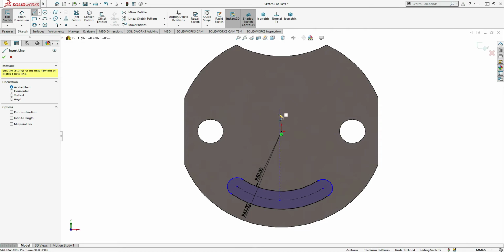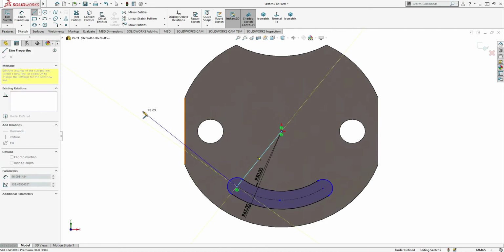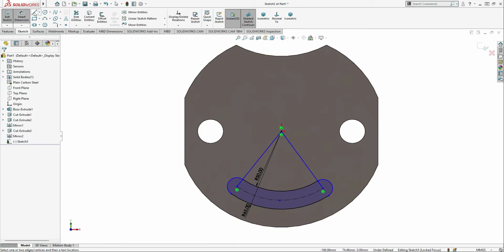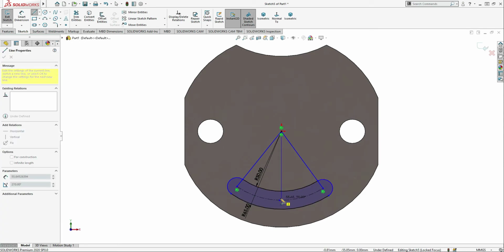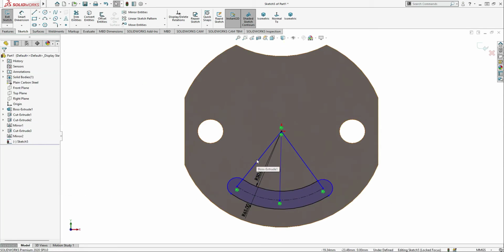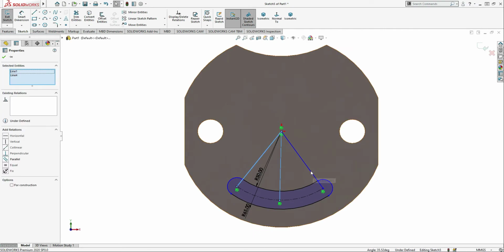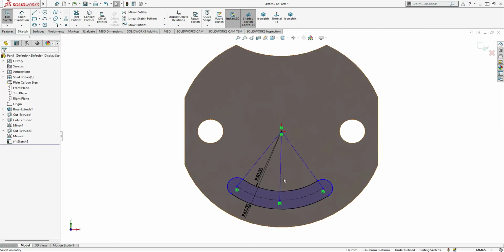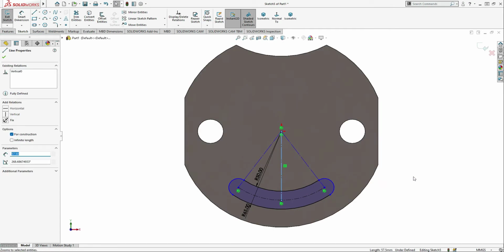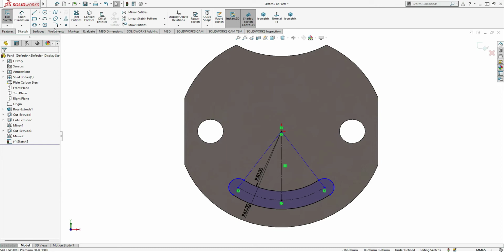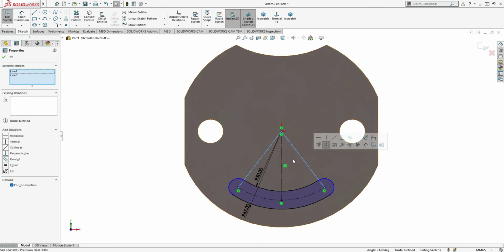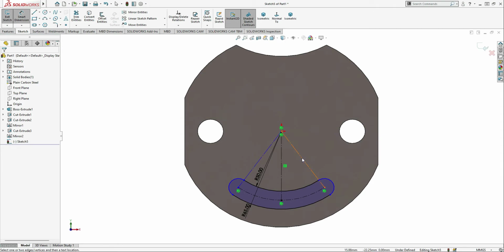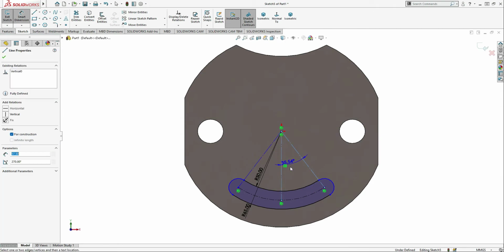Create two center lines from here up to this center and here up to this center. Again another center line from here up to this center. Control select all these lines and make them construction. Select this line and make this perpendicular. The angle, select this line and again this line. Make them symmetric. Symmetric isn't available, because all lines are the construction. Angle from this line up to this line is 30